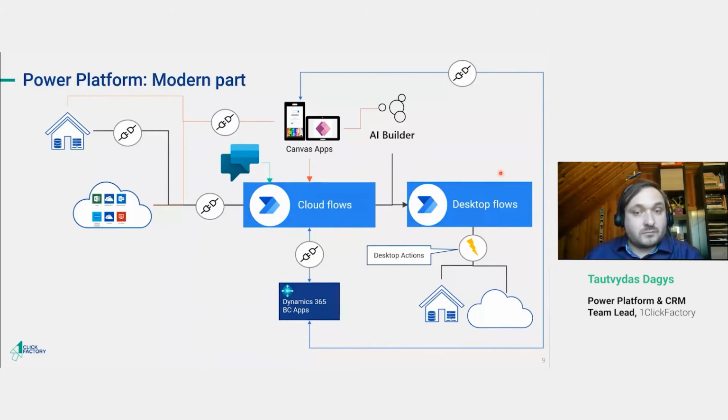And desktop flows is a different story. They don't use the same connectors. They have their own actions. But when it comes to Business Central, there are also a couple of interesting scenarios where desktop flows can help to implement. For example, reading the data from old kinds of devices,